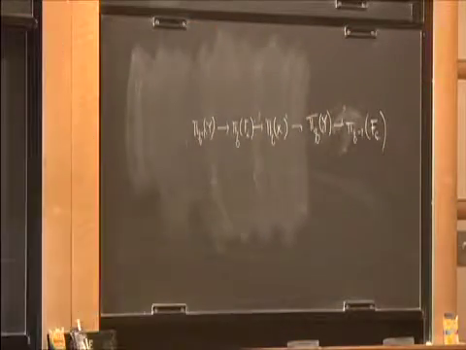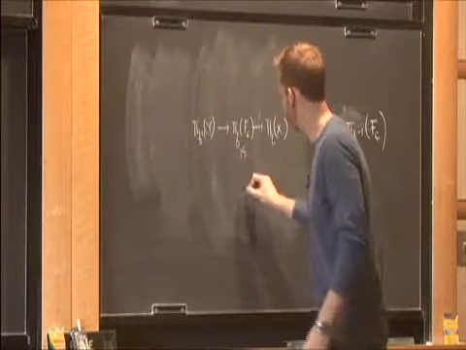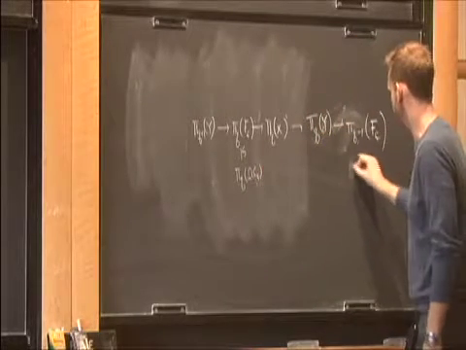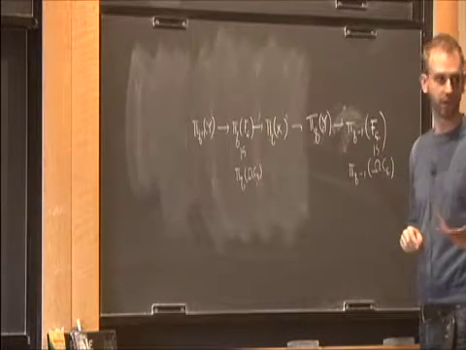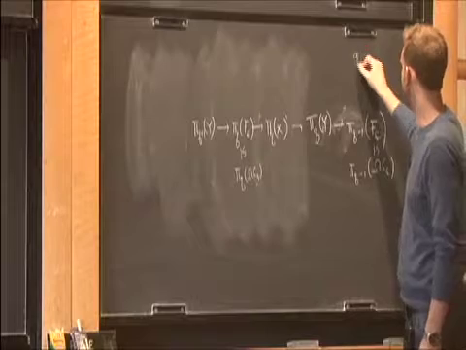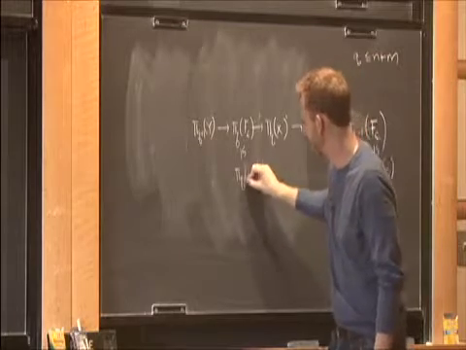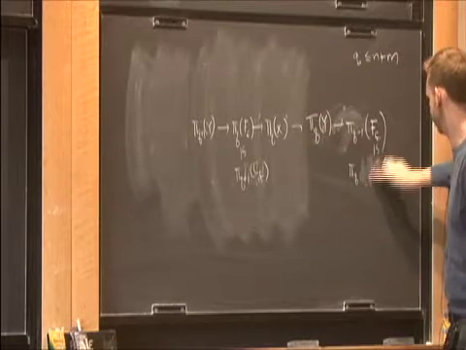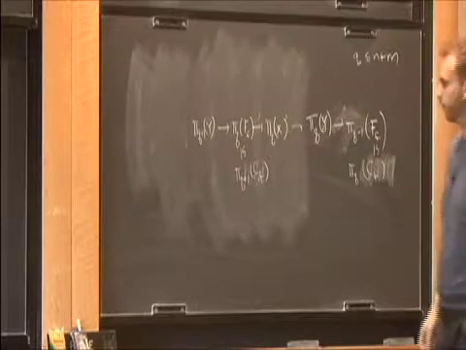The point is that in the range up to n plus m, we've just found out that this is equivalent to the loops on this, which means that I can replace this with pi q of loops on the cofiber. And I can replace this with pi q minus 1 of loops on the cofiber, because we just decided those were isomorphic in this range, so q less than or equal to n plus m. If I put a loops here, when I loop the cofiber, I just bring its homotopy groups down by 1.